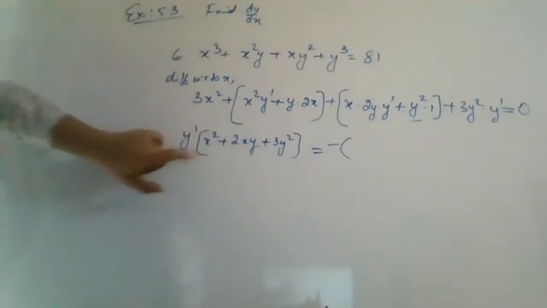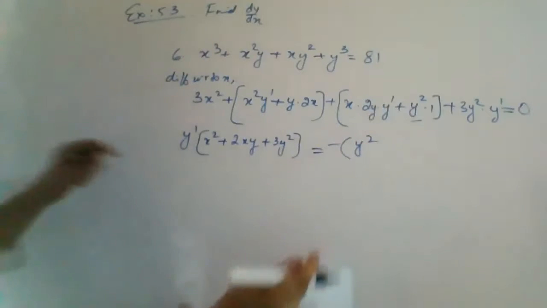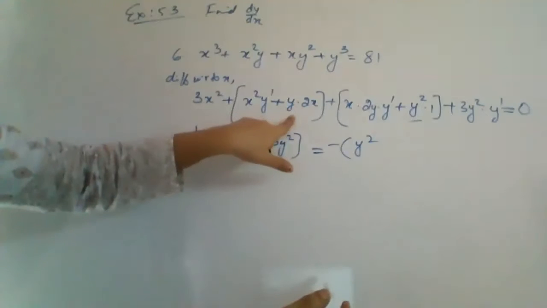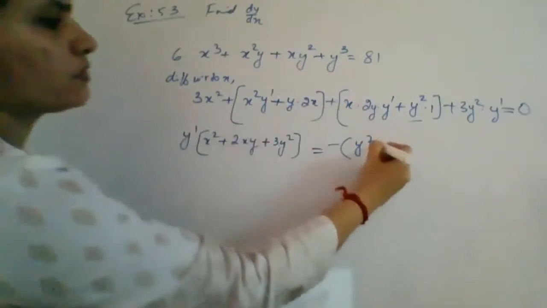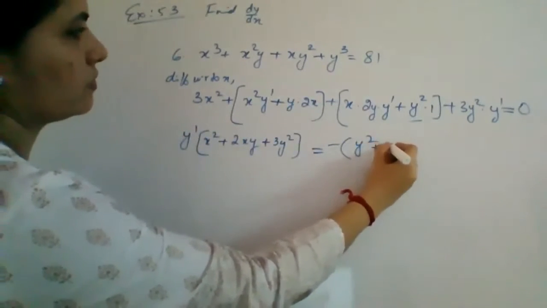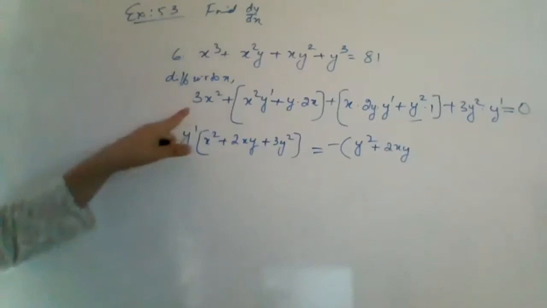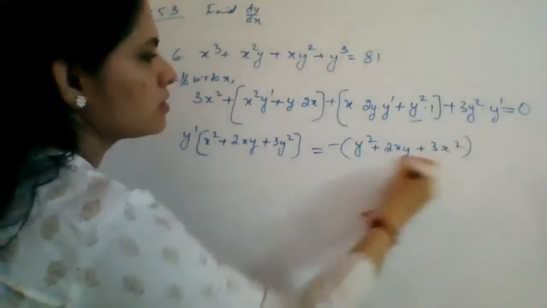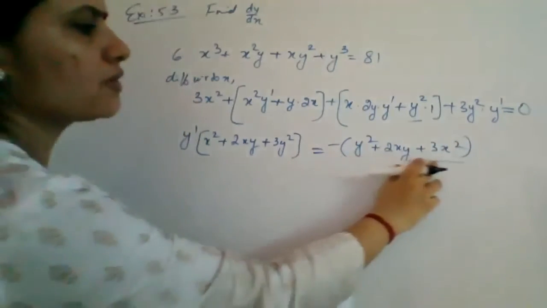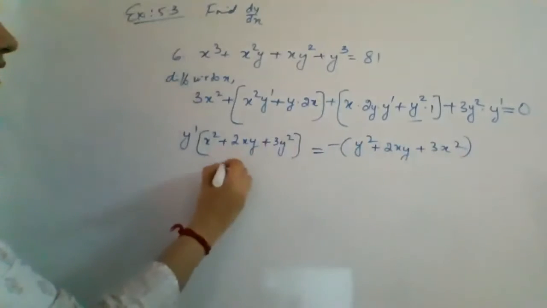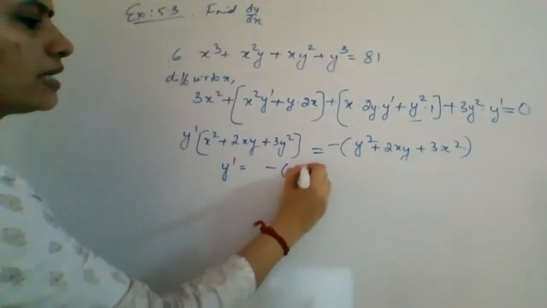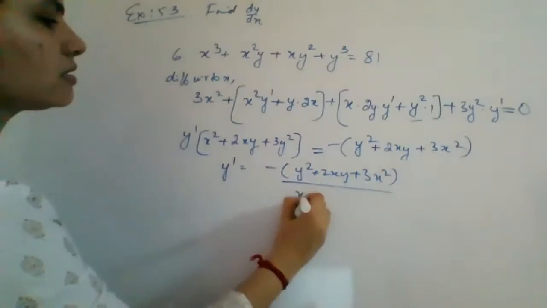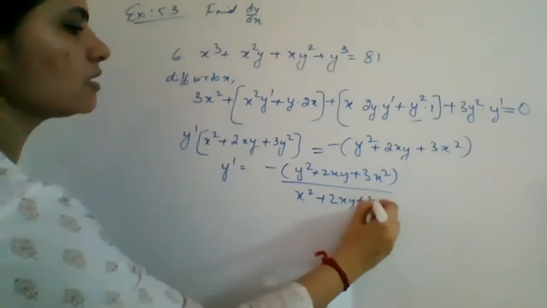यहाँ पे जैसा form है, first x square term है, तो यहाँ पे मैंने y square term लिख दिया. Then you have some other term, 2xy. And this will go there. So it will become plus 3x square. So that we get a pattern. That's why. Okay. Now, जब ये denominator में जाएगा, you will get y dash is equal to minus of y square plus 2xy plus 3x square. Here also you get similar term, x square plus 2xy plus y square.